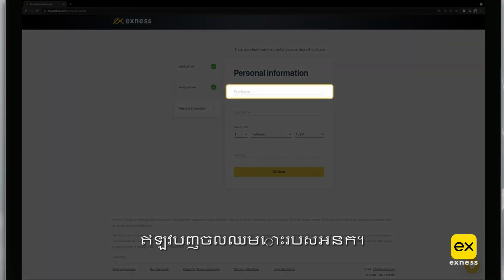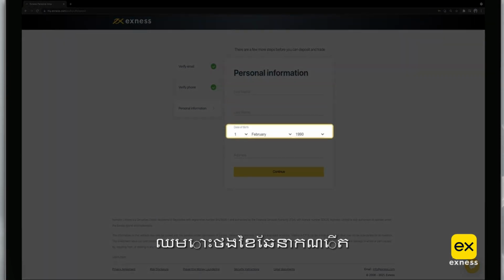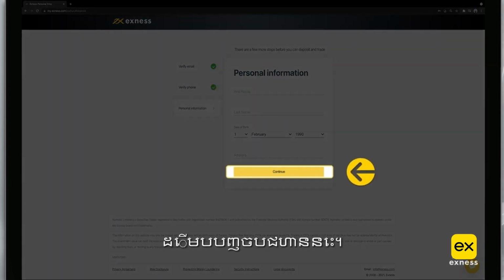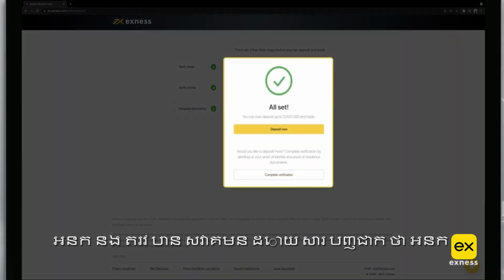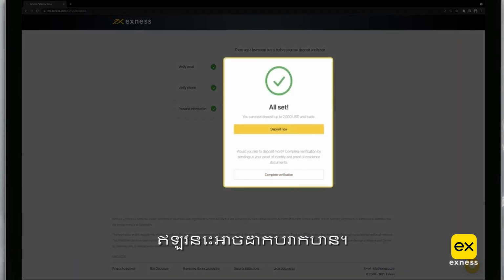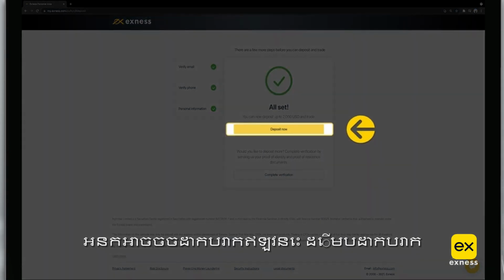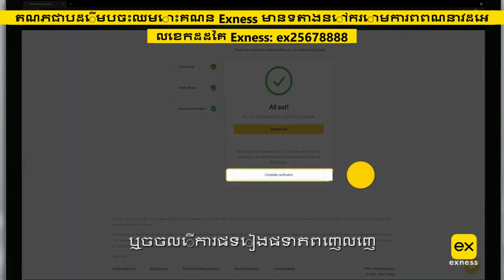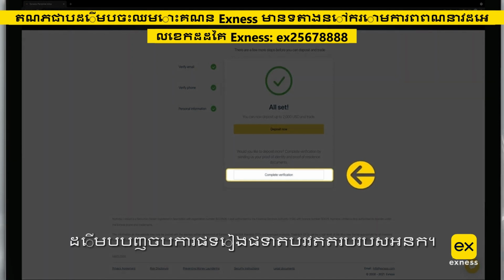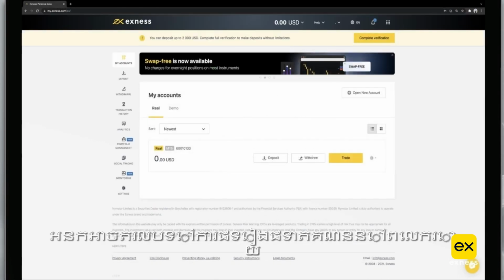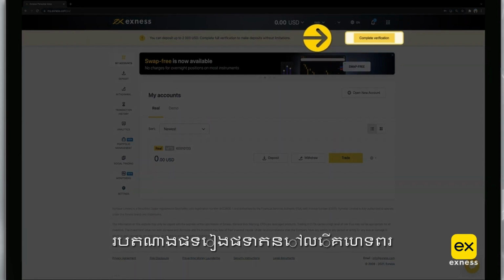Now enter your first name, last name, date of birth, and address. Click Continue to complete this step. You'll be greeted with a confirmation message that you can now deposit funds. You can click Deposit Now to deposit funds, or click Complete Verification to complete verifying your profile. If you choose to deposit, you can go back to account verification later by clicking on the Complete Verification icon